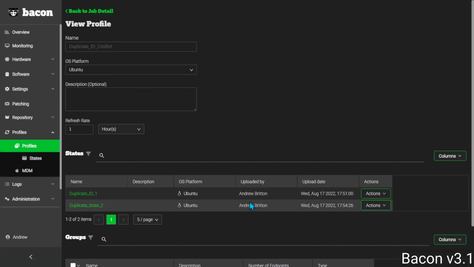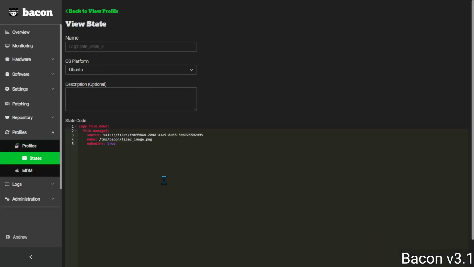Now let's go look at duplicate state 2. View this. This is also called copy file down. Now, of course, at this point you might be wondering, why is this a problem if the state IDs are the same across two different state files? Haven't I said in the past that that's allowable? And yes, you can have the same state ID name across different files, except in this case, and that's why we're going through this video. In this case,